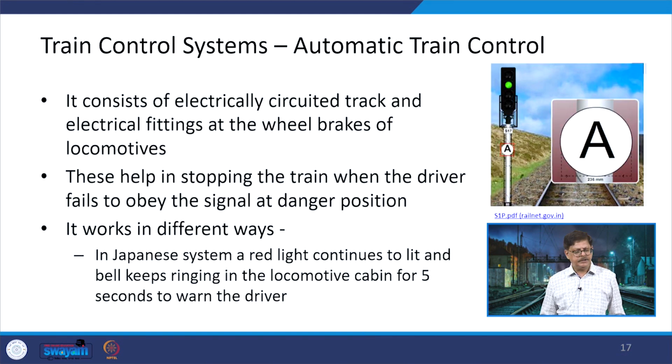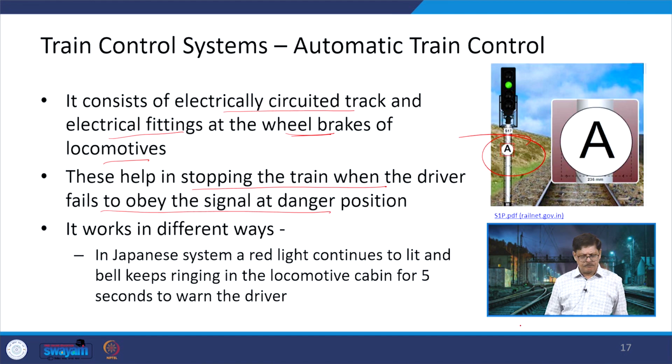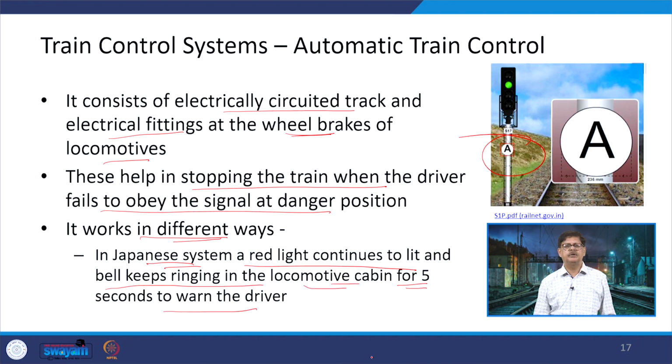Then automatic train control. Now, it consists of the electrically circuited track and electrical fittings at the wheel brakes of the locomotives. This helps in stopping the train when the driver fails to obey the signal at danger position, and when we are talking about an automatic condition, this is defined by the letter A, which is written on a white disc. Then it works in different ways. If we talk about a Japanese system, a red light continues to be lit and the bell keeps ringing in the locomotive cabin for 5 seconds to warn the driver, and if the driver is not attentive, is not taking care of that emergency condition, then the brakes are going to apply